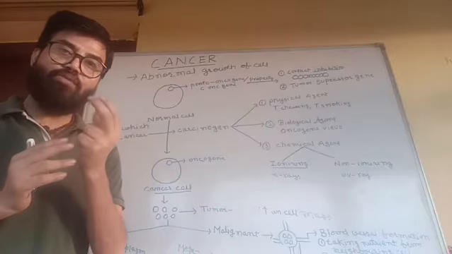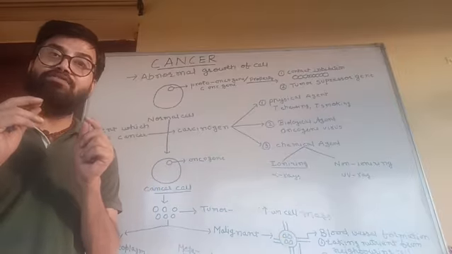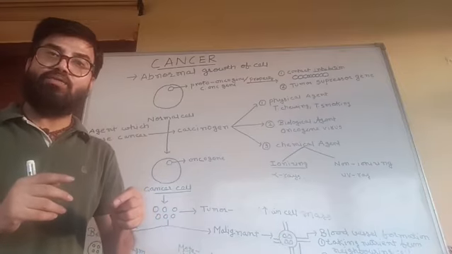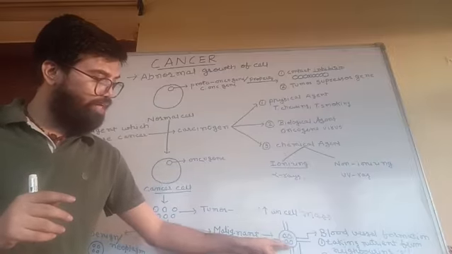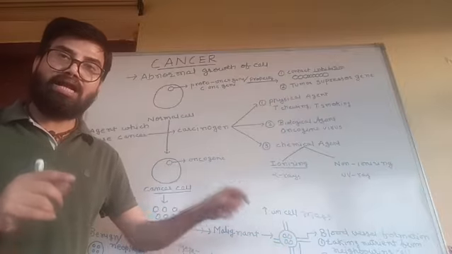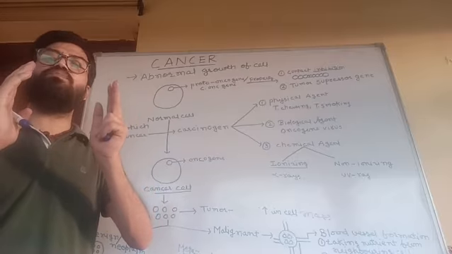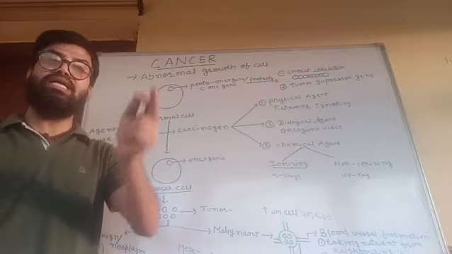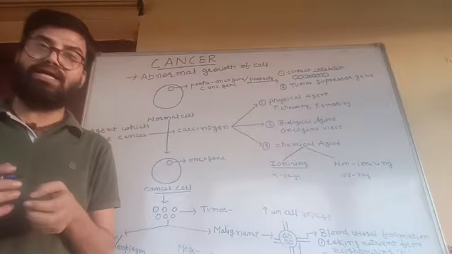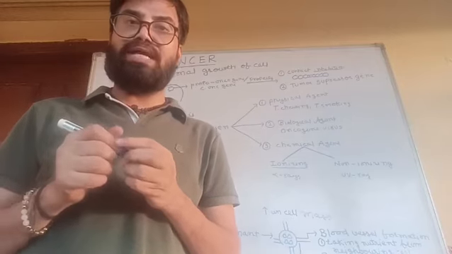Clear? After that, it will release a factor known as angiogenic factor, and because of this factor, the encapsulated structure will break and the cancerous cells will come out of it. With the help of the blood, they will spread to other organs, and this process of spreading to other organs is known as metastasis. I hope, students, you understand the topic of cancer. Next I will discuss the treatment and diagnosis of cancer. Clear?